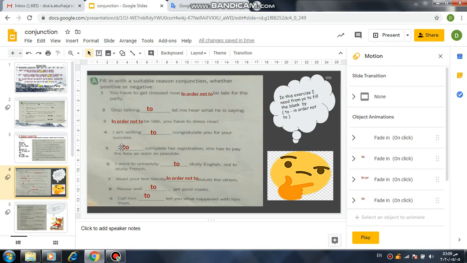In number 7, we don't need to use a negative form. I went to university to study English, not to study French. We need to use positive, not negative. Read your text silently in order not to disrupt the others. Number 8,